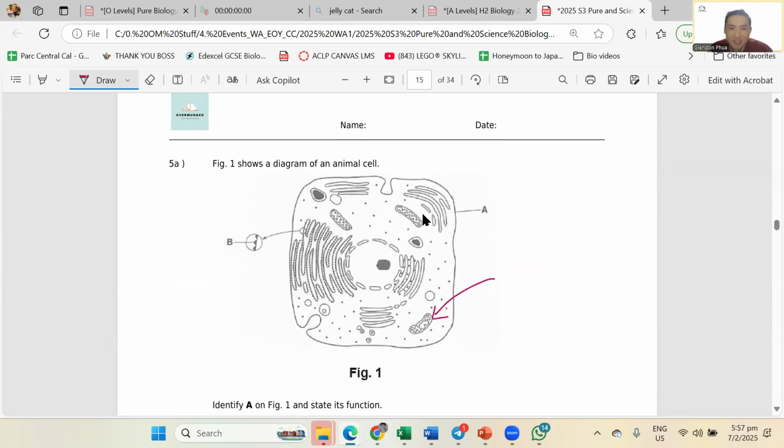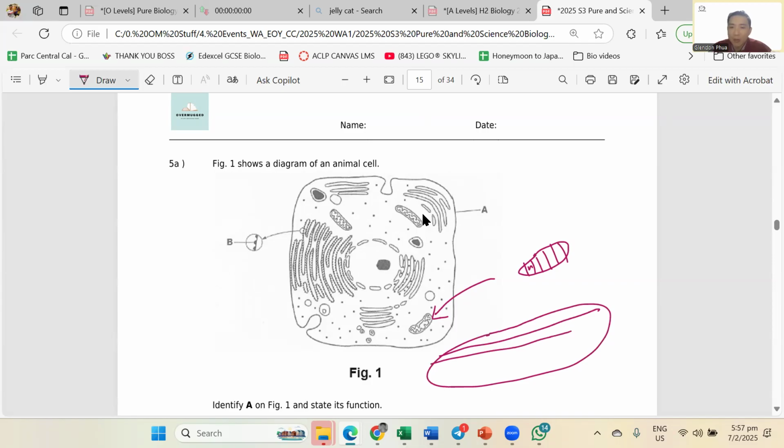Look at this rod-shaped cell. It will look like a jelly bean. Next, inside got lines going this way. When there are lines going this way, or you see this shape over here, this is the mitochondria. If it's a chloroplast, it will be like that, and the lines will go lengthwise.